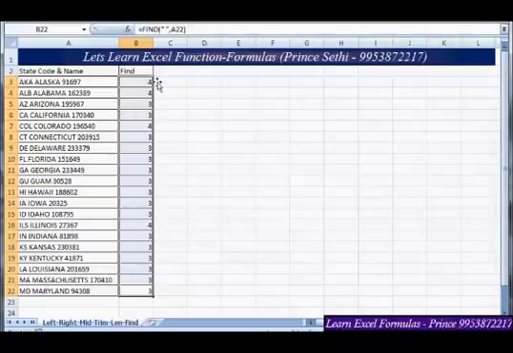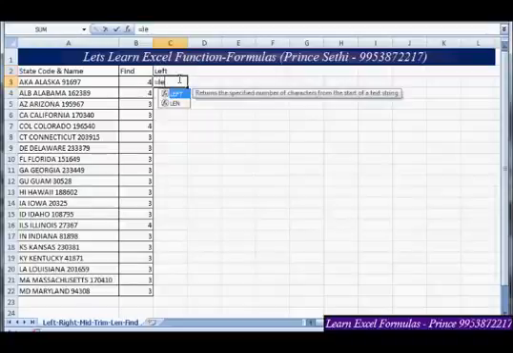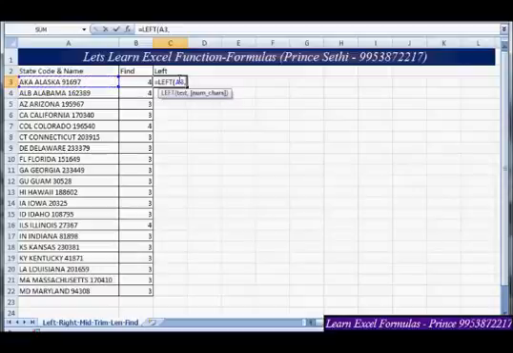Fine. I want the state code, so I can use the left function here. It is equals to left, this is the text, and the number of characters. The left function will fetch characters, meaning it will fetch the first 4 characters from the left side.